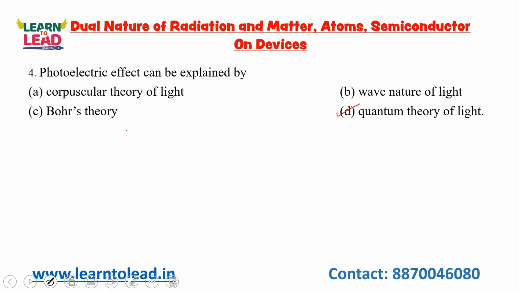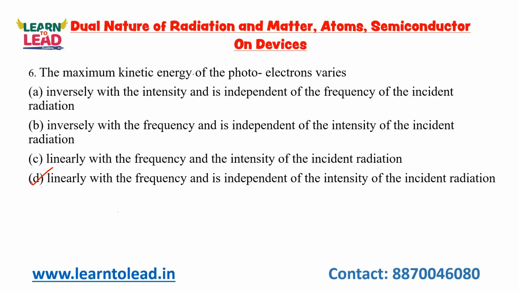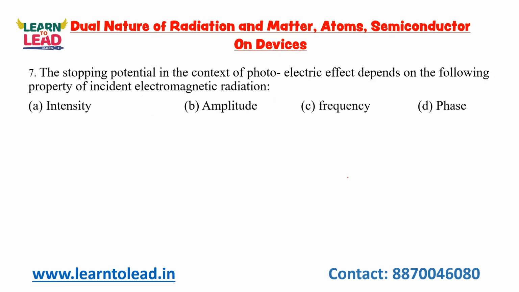And then photoelectric effect can be explained by what? Quantum theory of light. Then photoelectrons are emitted by a metal surface only when frequency of incident light exceeds a certain minimum value. Certain minimum value is nothing but what? Threshold frequency. Okay, threshold frequency. Then maximum kinetic energy of the photoelectron varies linearly with the frequency and it is independent of intensity of the incident radiation. Then stopping potential in the context of photoelectric effect depends on the following property of incident electromagnetic radiation: